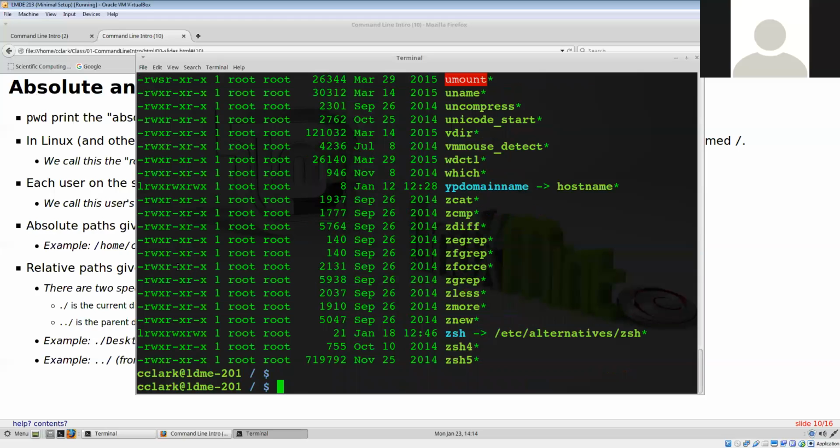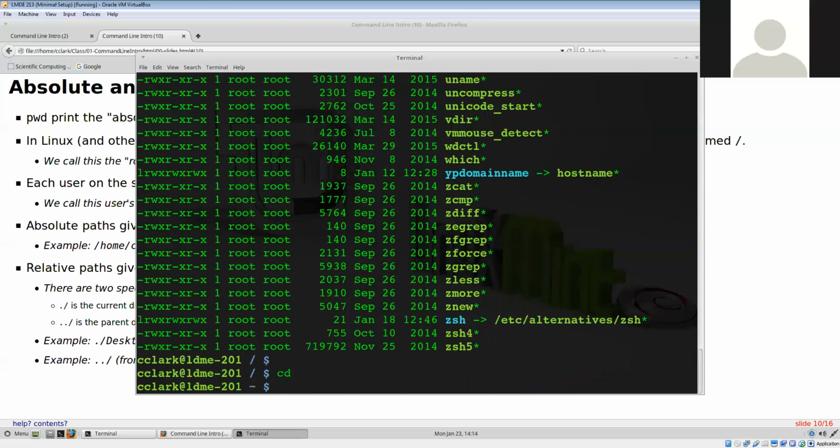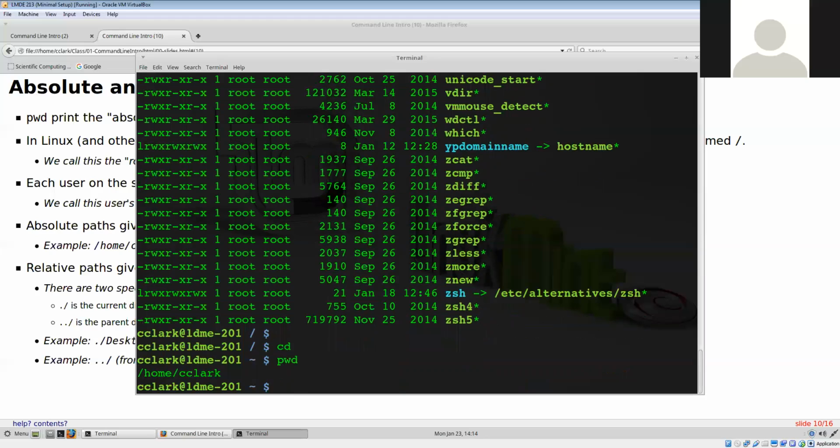So that's the absolute path. If I go back to my home directory and type pwd, /home/cclark is the absolute path because it starts with a slash, and that first slash is root. home/ is the name of the subdirectory in root. So if I go back to root,